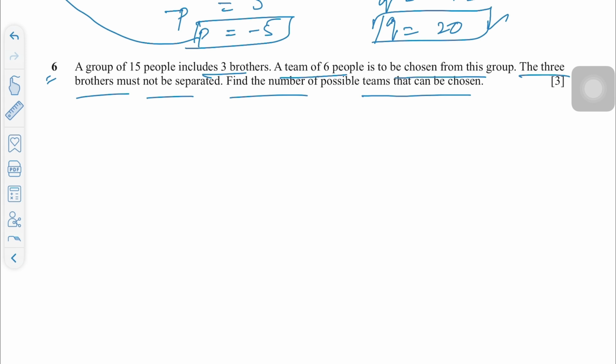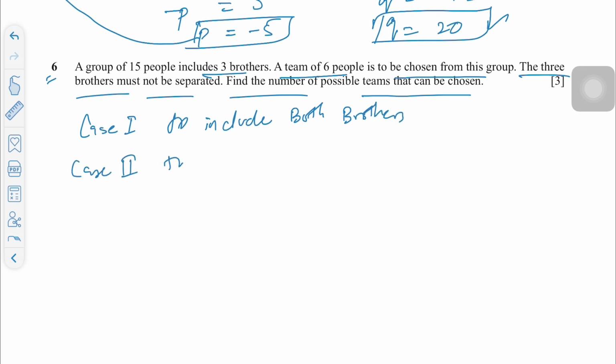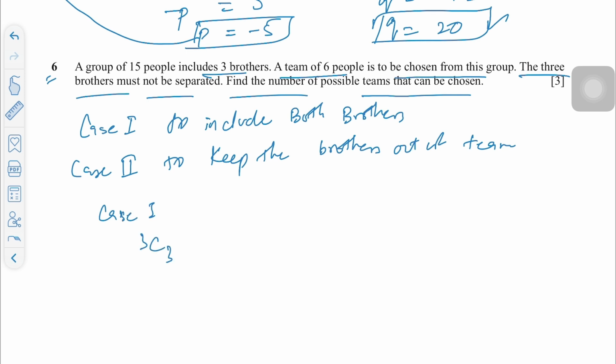So we have 2 cases over here. Case 1 would be to include the brothers, and our case 2 would be to keep the brothers out of the team, right? For case 1, we have our three brothers selected, so this would be 3C3, and we have to select the other three from 12. So this would be 220,